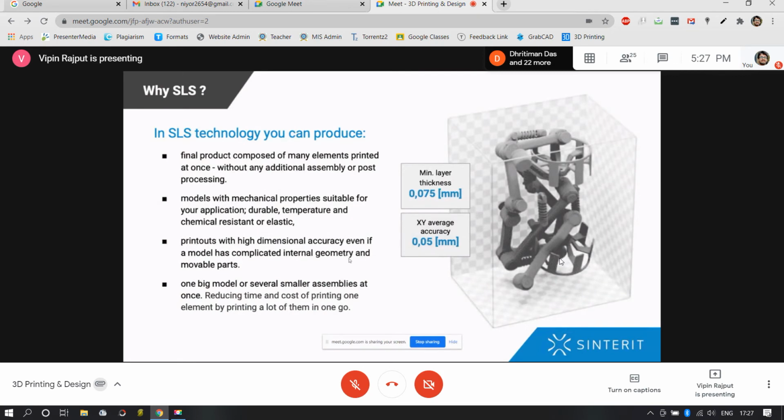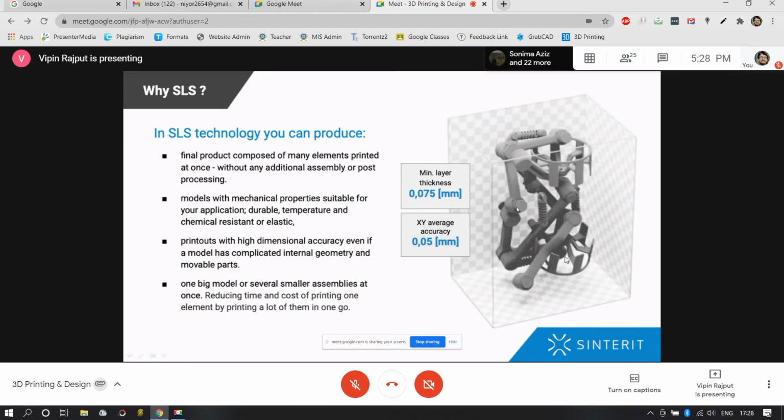As you can see in this photo, there is involvement of springs. Simultaneously, there are certain joints, ball joints, butt joints, and moving hinges. There are certain clearances between the individual parts. Thus, printouts with high dimensional accuracy.